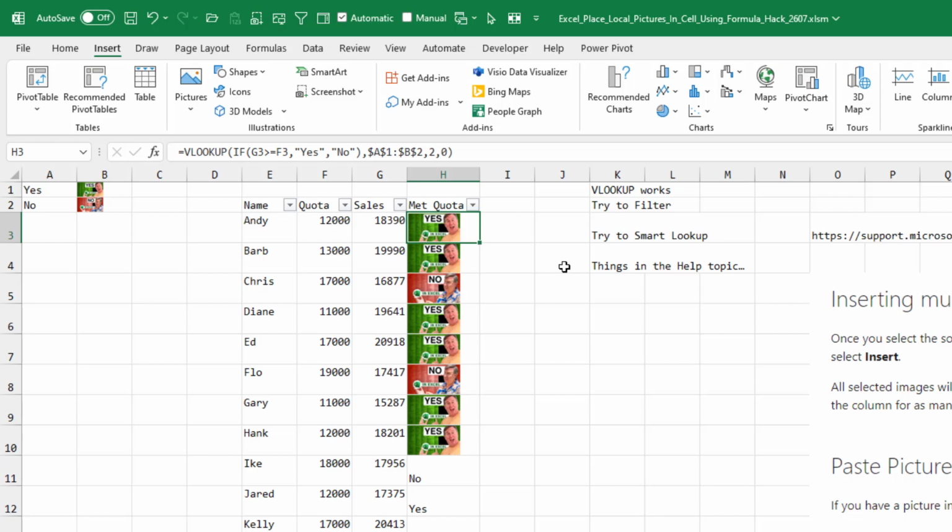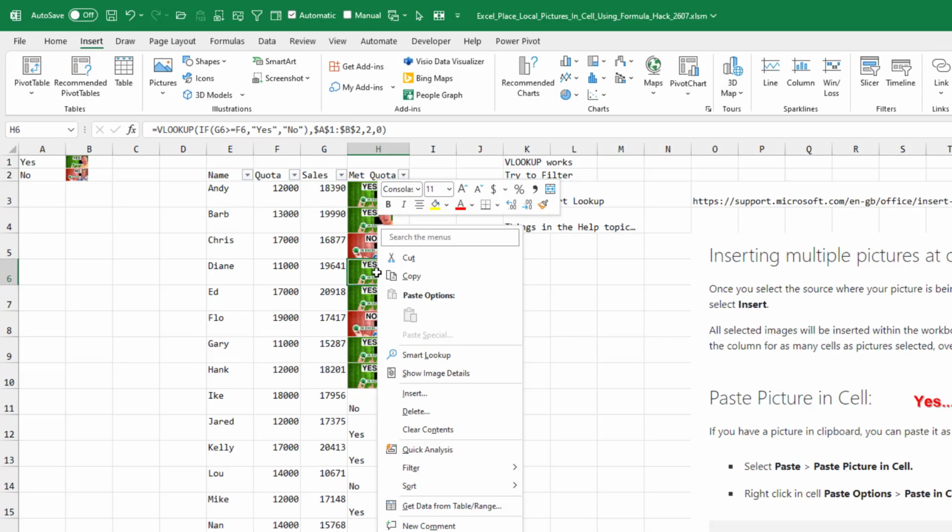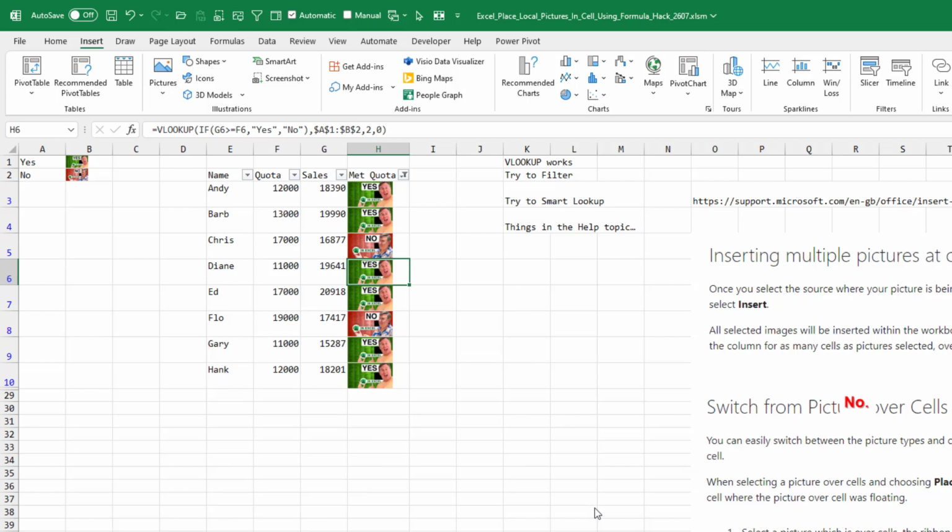But then I said, wouldn't this be great if I could right-click on the yes image, come down here to filter, and filter by selected cell's value. But unfortunately, what that's going to do is give me every item with an image, whether it's yes or no. It hides the ones down here that didn't have the image.